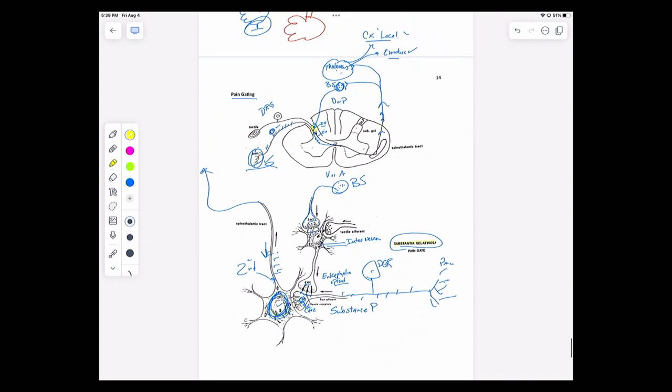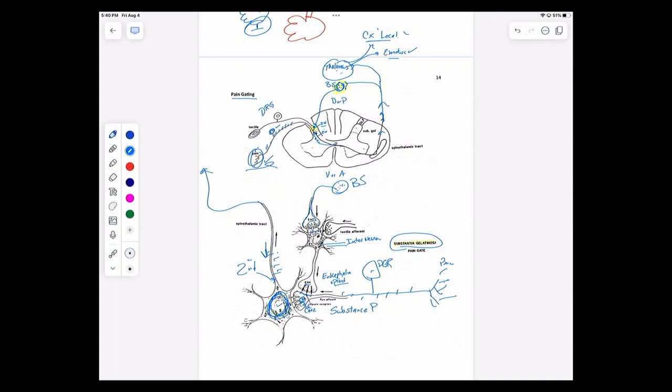So this is basically a way for your central nervous system to loop back and to gate the pain. In other words, it taps down the pain. Whatever pain you had in response to a stimulus on your skin or wherever it's coming from, particularly if the pain becomes intense, this system here is going to start working. And so whatever degree of pain you have, it could be worse if this system here wasn't there. So the degree of pain, even though you feel like it really, really hurts, it could be worse. You're experiencing pain after the pain gating.